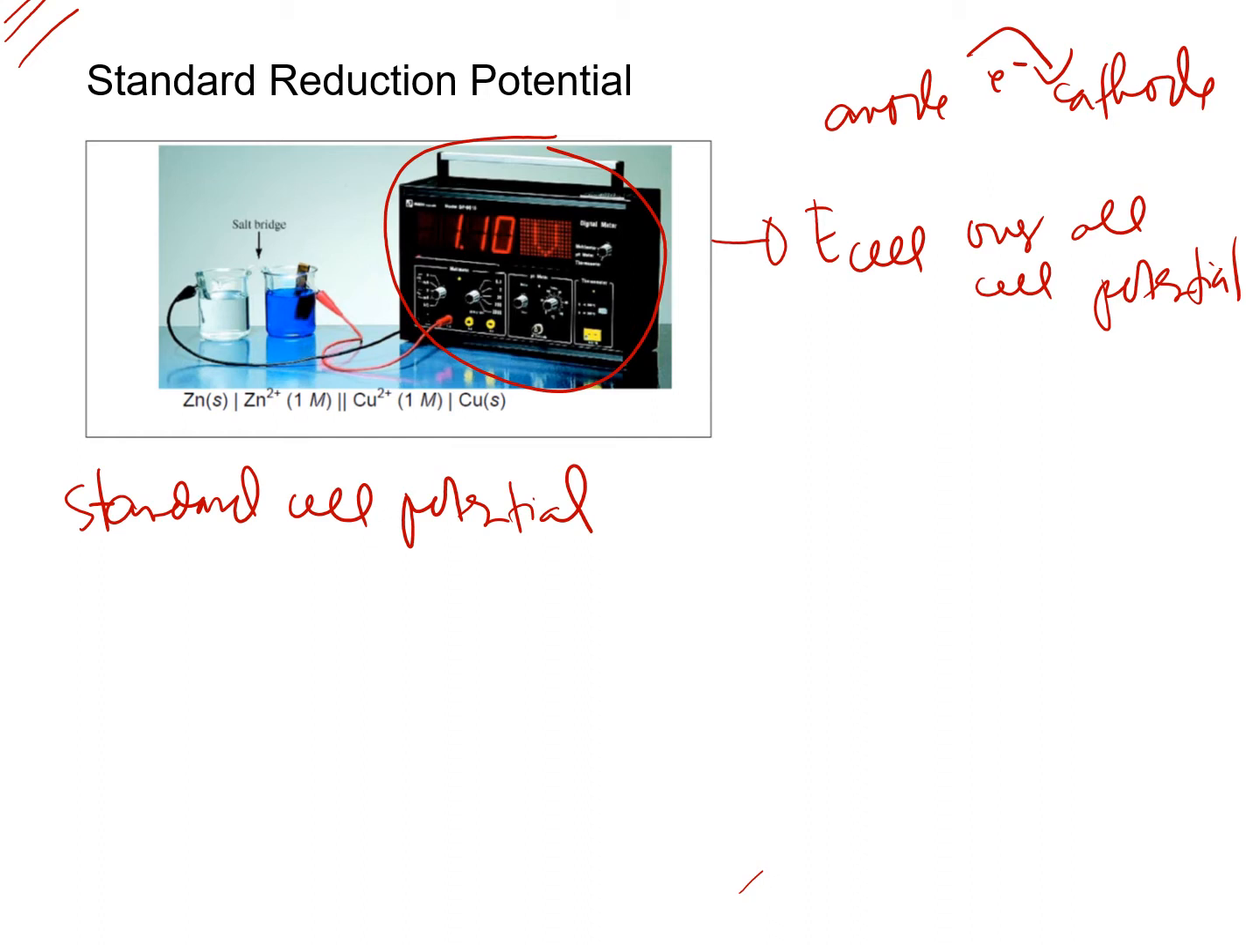The standard state conditions include the concentration of our ions, which is 1 molar. The temperature at which the reaction is carried out is 25 degrees Celsius, and the pressure is 1 atm. So these are the conditions at standard state. When you see values as standard reduction potential or standard cell potential, these are carried out in